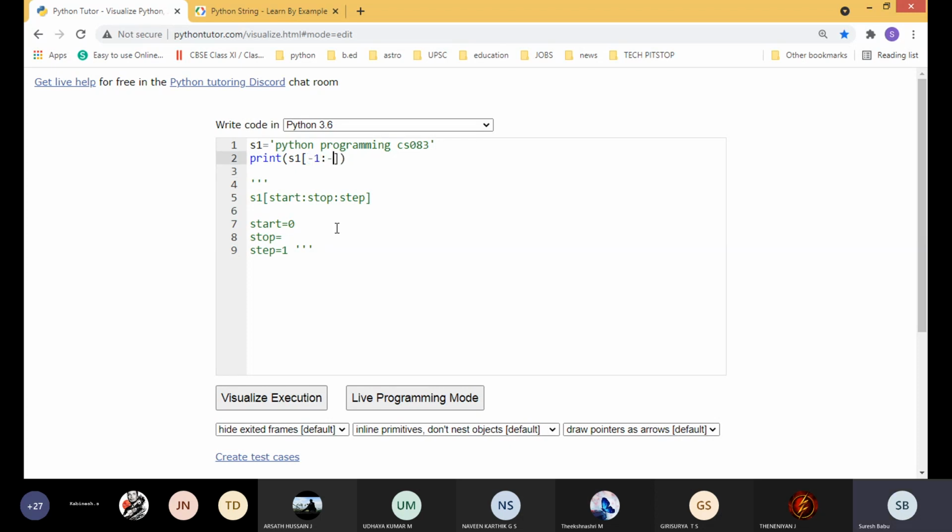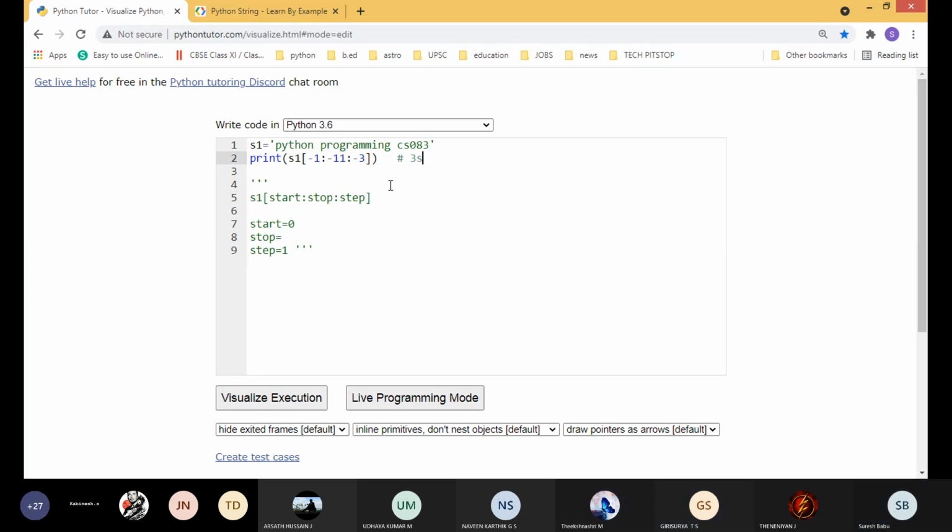So next, try to tell me the answer, students. -1 to -11, -3 is the step value. Students, now tell me what is the answer? Students, what is the answer? Tell me. 3. Yes.